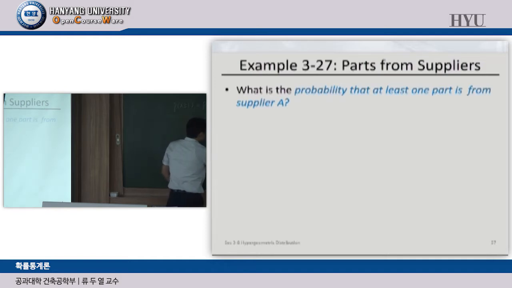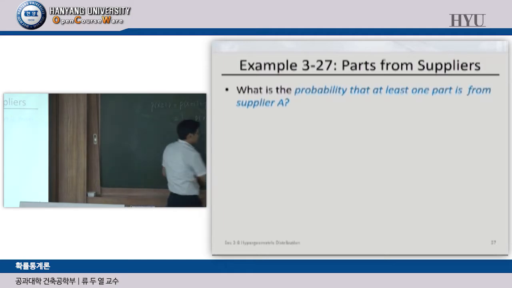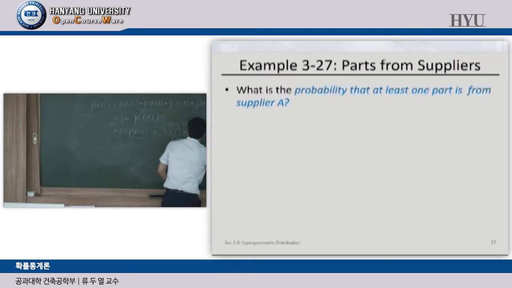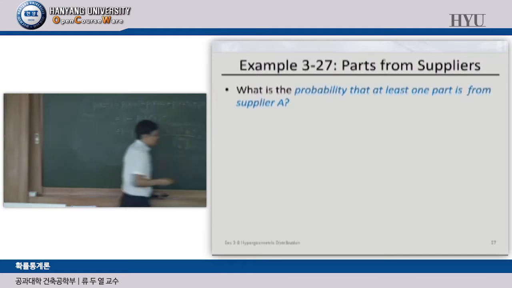So, what is this? That is 100 by 0, 200 by 4 over 300 by 4. Right? And this is equal to 1 multiplied by